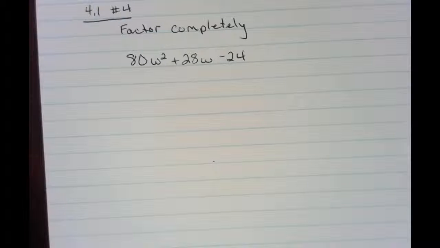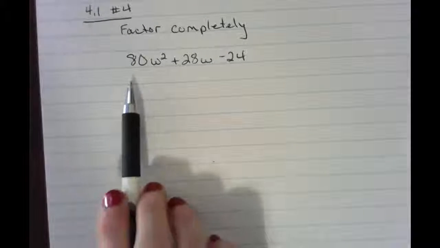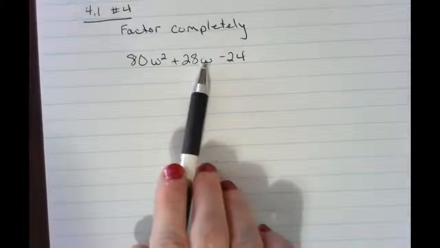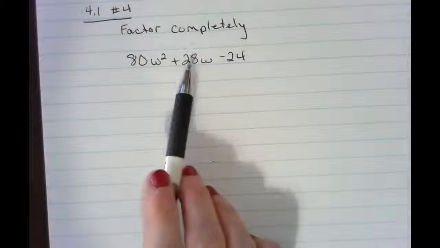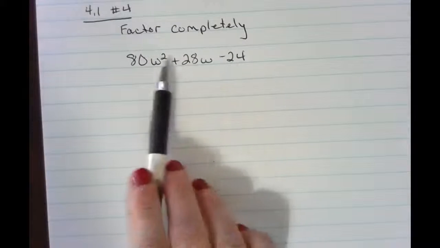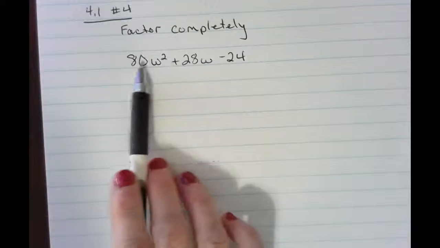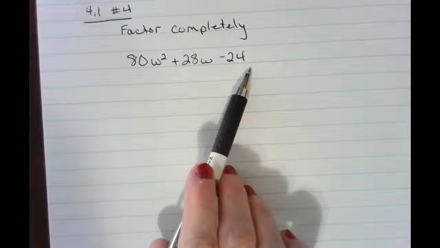Okay, we're asked to factor this quadratic completely. So we want to look at what we have. The first thing, whenever we're asked to factor, you always want to look for your GCF, or your greatest common factor. So when I look at 80, 28, and 24, we want to figure out what can we factor out of all of those terms